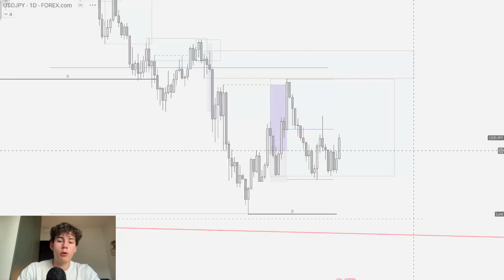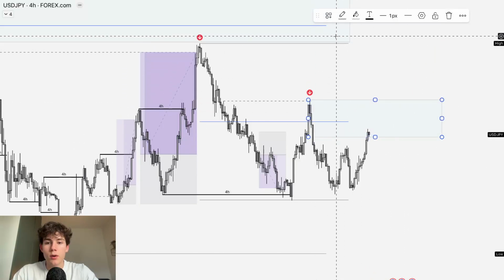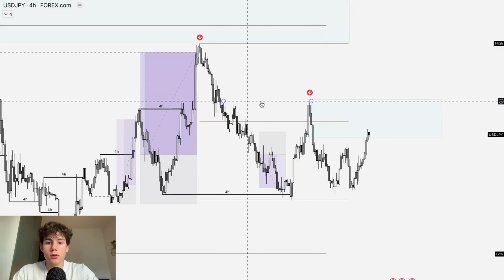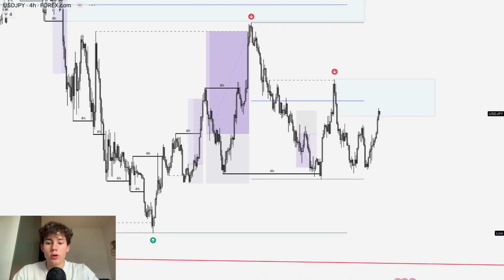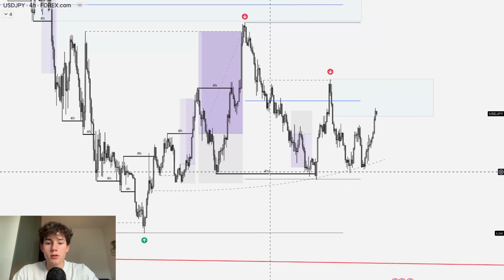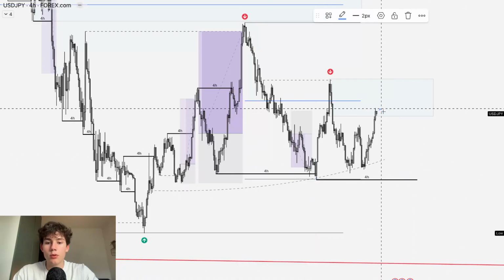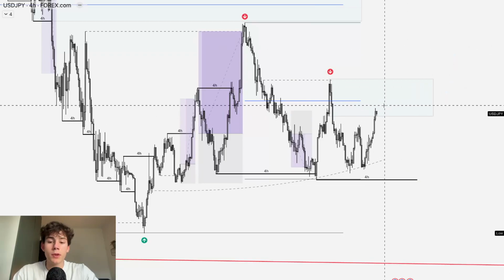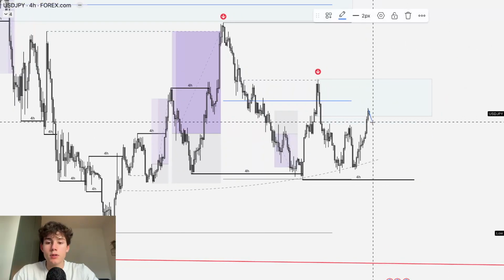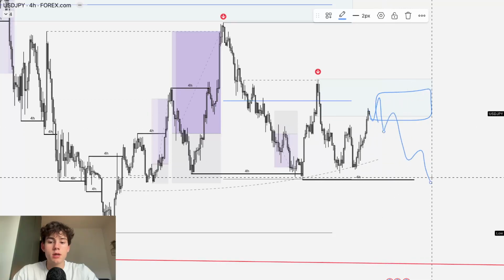Now looking on the 4-hour, how we are going to react. Well, we do have this supply which we now have traded in, which also took liquidity above this high. So I wouldn't be surprised if we trade down lower and take liquidity at these lows over here. So that's definitely possible because we're also swing bearish, and I wouldn't mind if we see one more swipe before moving up higher. Now what would I wait for? Of course, my 4-hour fractal creating new supply. Now you could look for those short setups.